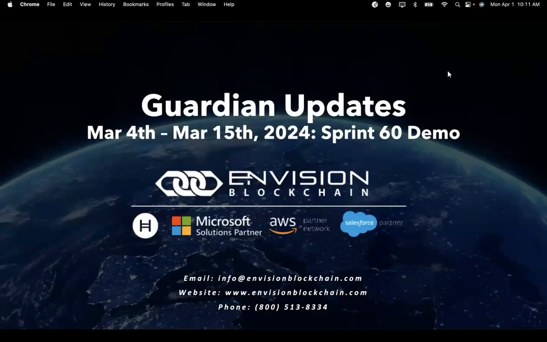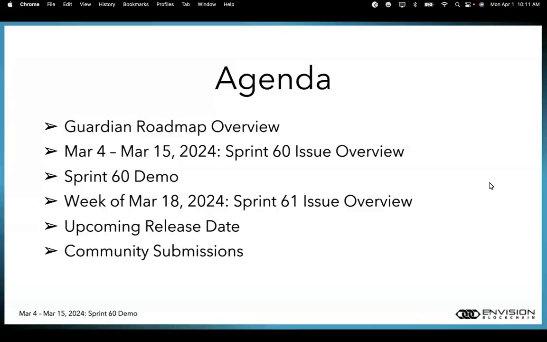Today we'll be giving you the Guardian update of Sprint 60, which lasted from March 4 to March 15. So just a quick overview of the agenda. We'll be looking at the roadmap. We'll also be talking about the issues that we tackled in Sprint 60. Then we'll be flipping over and giving you a short demo on Sprint 60. We'll also be looking ahead to the week of March 18th, which is Sprint 61. We'll also be talking about the issues that we'll be tackling in Sprint 61, and the upcoming releases. We'll be giving you some of the ways that you can submit bugs or policy requests through various different